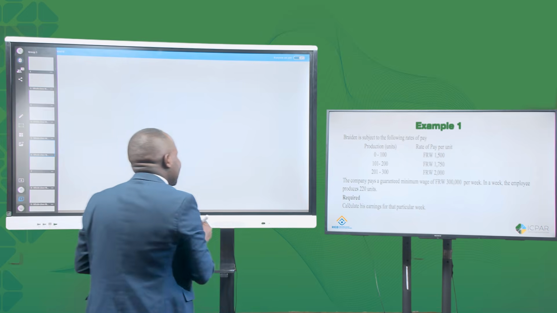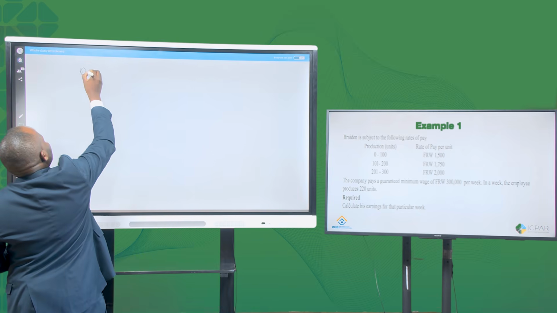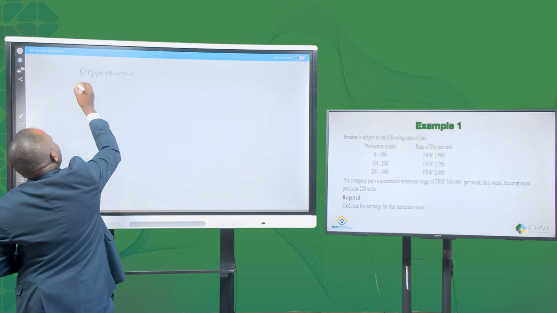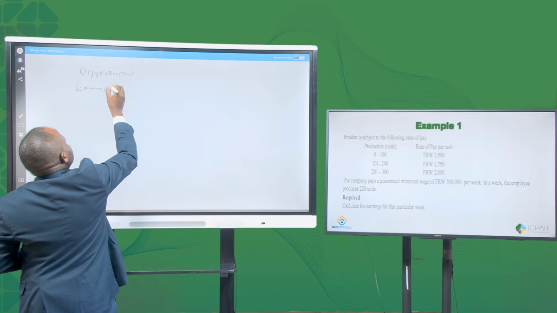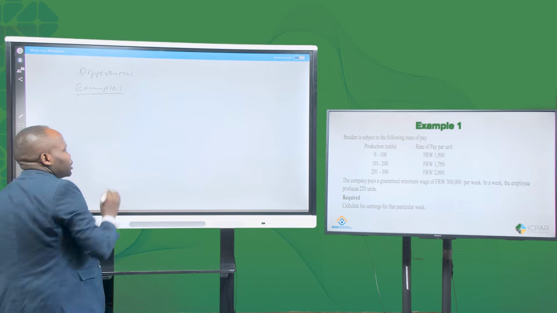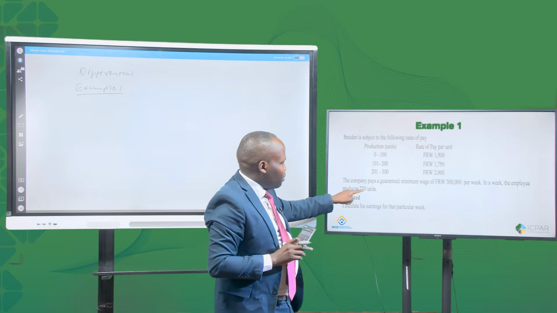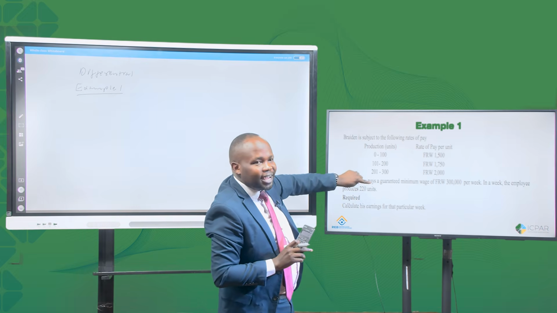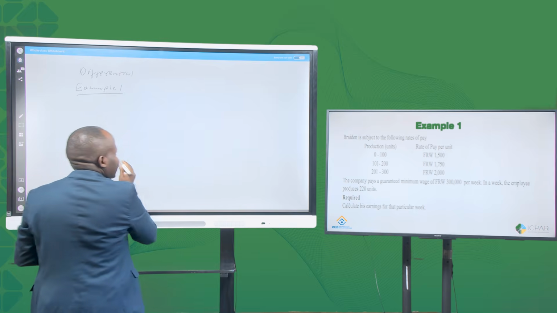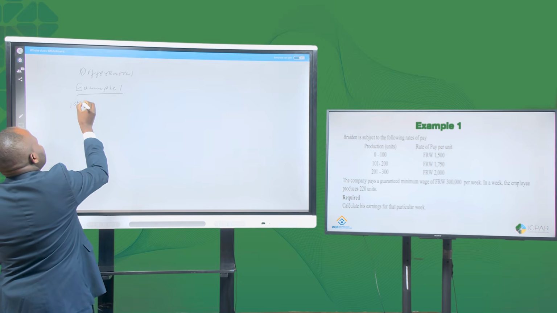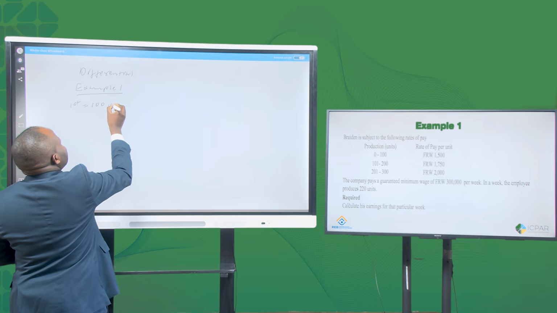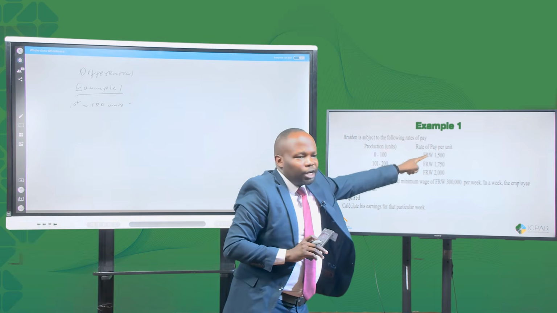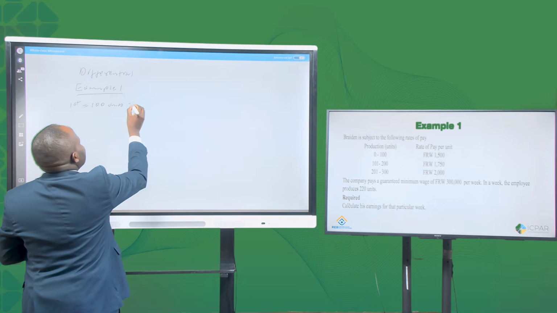Calculate his earnings. So we are now in differential. Example 1. We want to know the employee produced a total of 220. Now this 220 will be driven through the scale. Out of the 220, there is the first 100 units. The first 100 units fall in the first category, and the rate of pay is